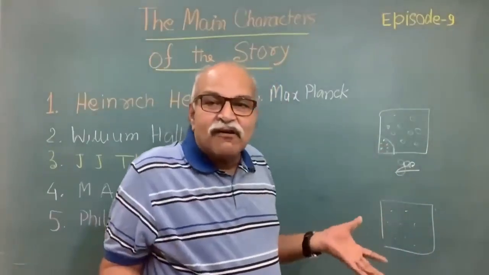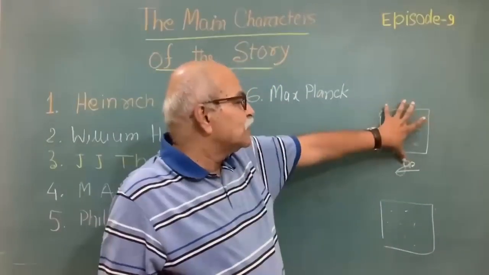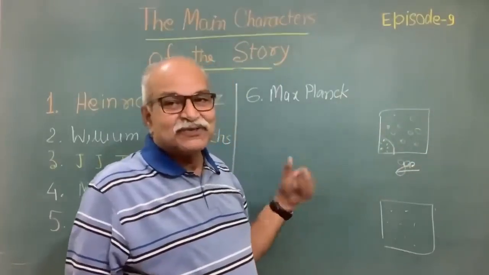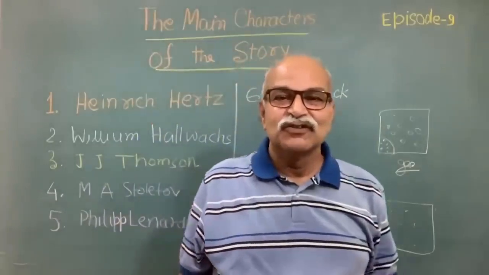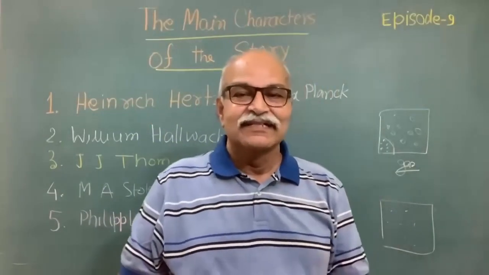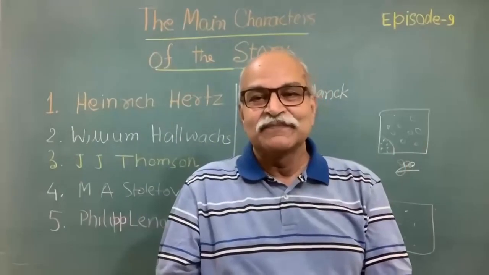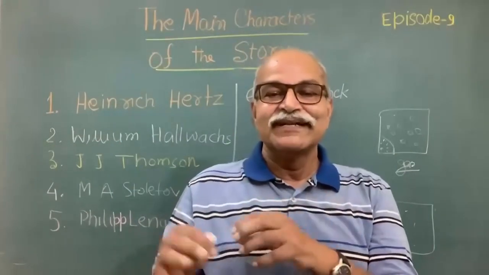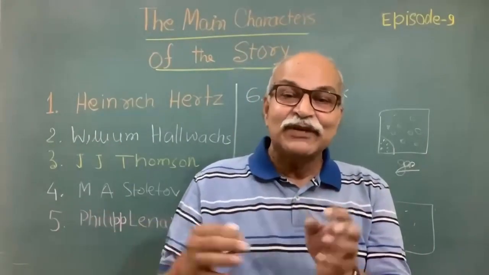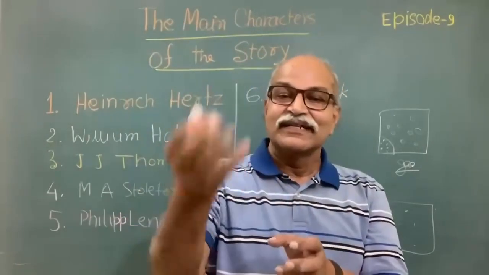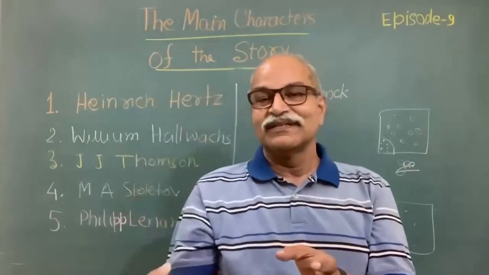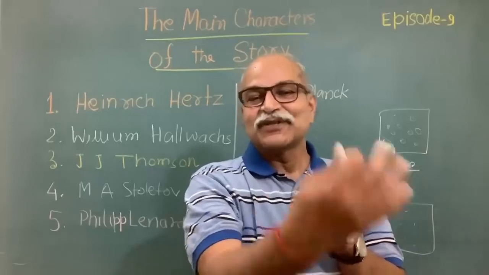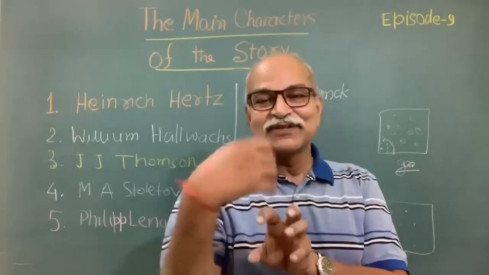So the more ways a particular macroscopic situation can be obtained, the larger the entropy will be. That entropy is something which Planck calculated. If you have radiation in a chamber, and then you have these oscillators, and the oscillators can oscillate at different frequencies, and for each frequency you can divide the energy: this much energy here, this much energy there. For oscillators of this frequency, this much energy; for oscillators of that frequency, that much energy, and so on.